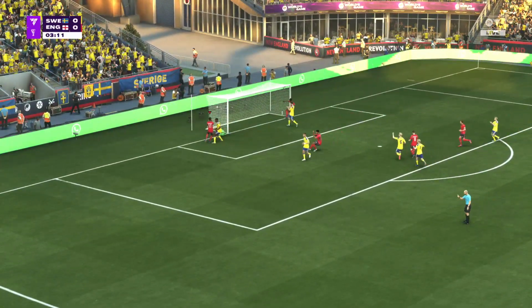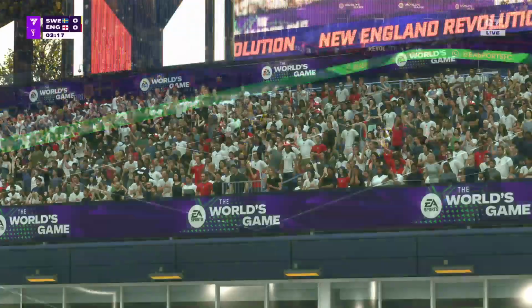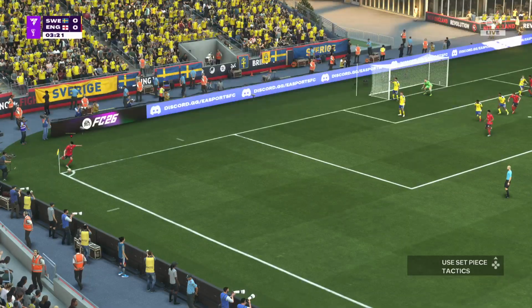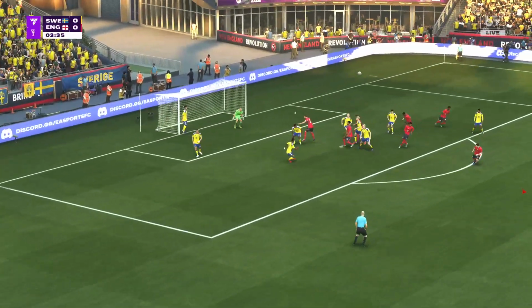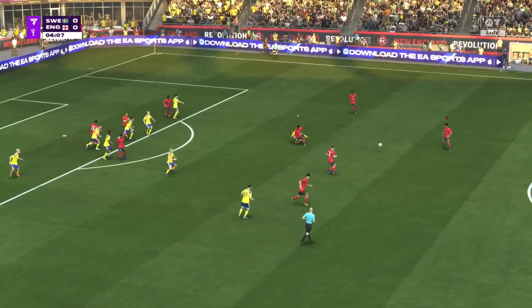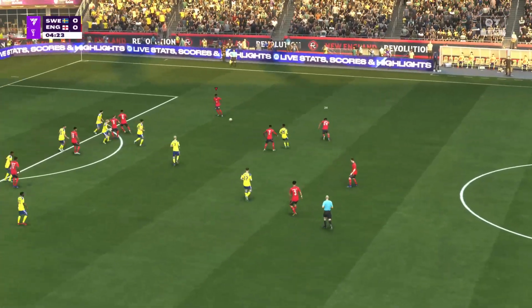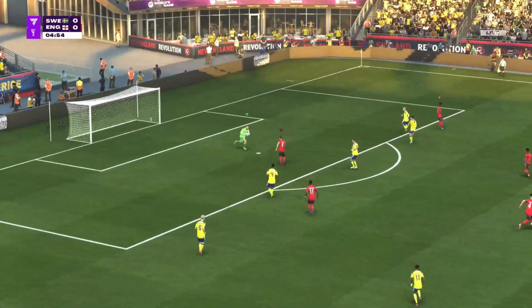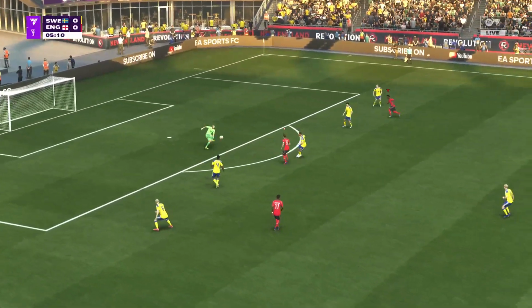Perhaps now. Keeper was there to meet it. And there's the delivery. Thoughtful play. It's there for him. Well, the shot looked promising, but the keeper had the measure of it.